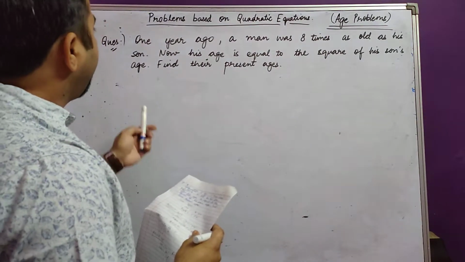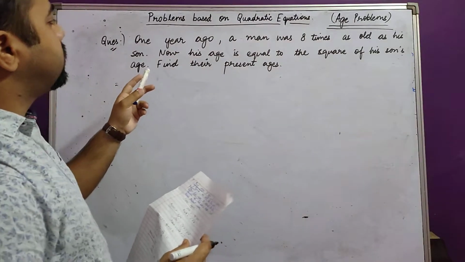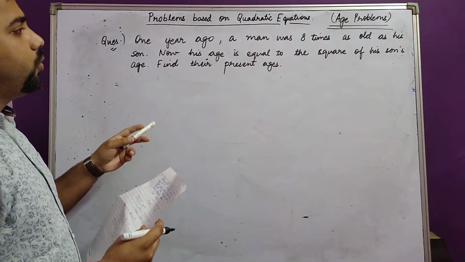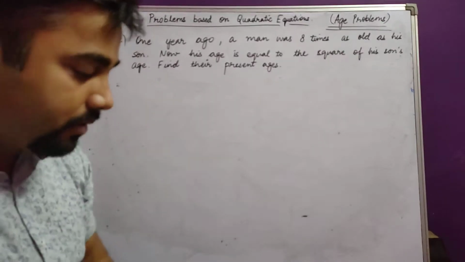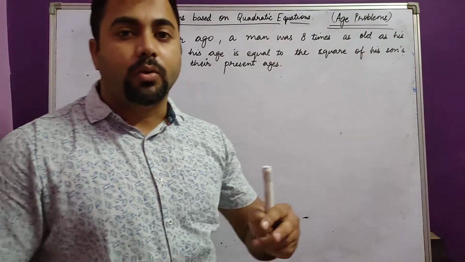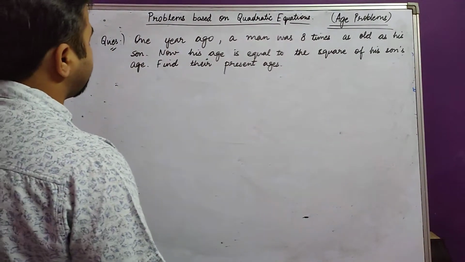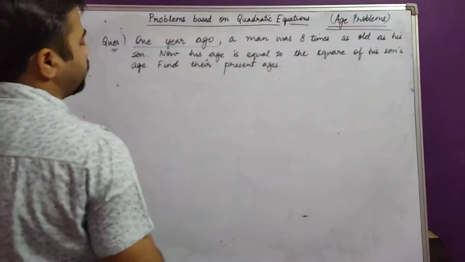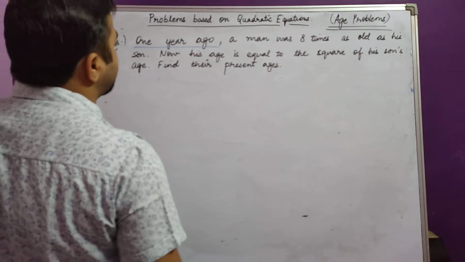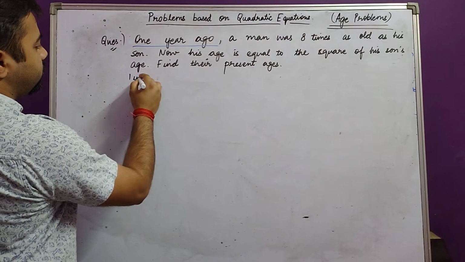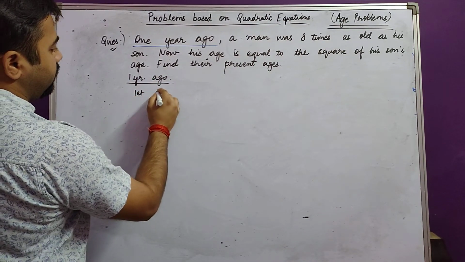I'm repeating the question again. 1 year ago, a man was 8 times as old as his son. Now his age is equal to the square of his son's age. Find their present ages. Let us start the question. This question is very much similar to the question that we have done before. Let us see how we will do it. 1 year ago. Again, let us start. Assume the ages of the man and his son 1 year ago. Let the age